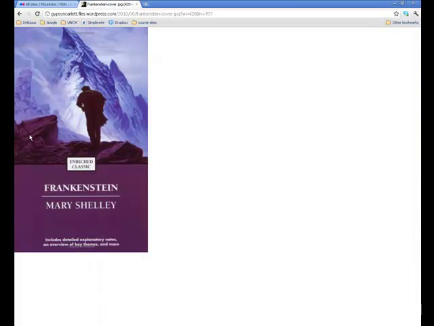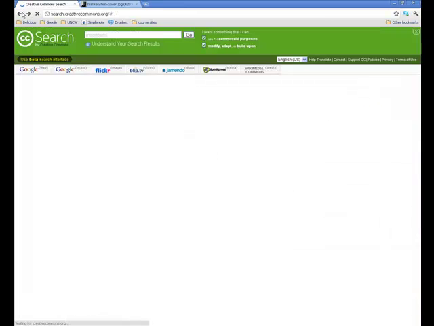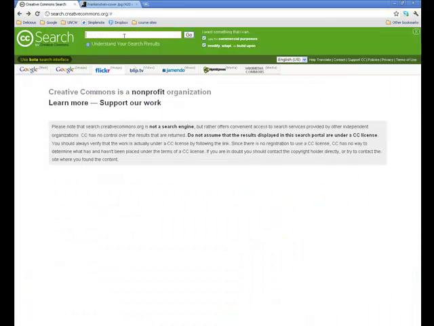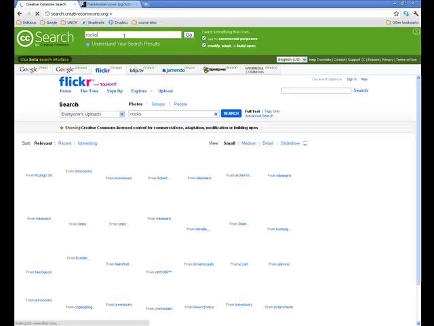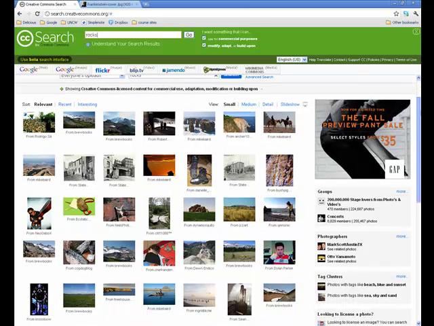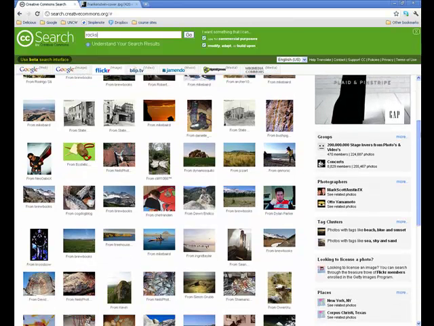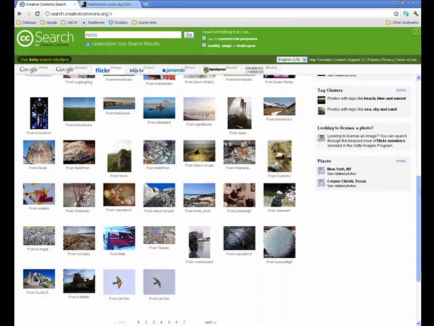Okay, so we got that. We've also got these red rocks up front. Let's see if we can find those. So we'll go back to our Creative Commons search. This time I'm just going to search for rocks. Okay, and these are some different ones. That's like a rock concert. There are some different things we can use here. We want to find something